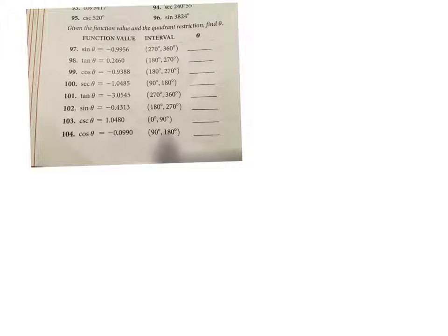Alright, here's a question where you have to find the function value given a ratio. So here's the ratio, it's in decimal format, and you're given an interval where you have to find it. So we know that as you go around a quadrant, like if this is 30 degrees here, that same ratio,